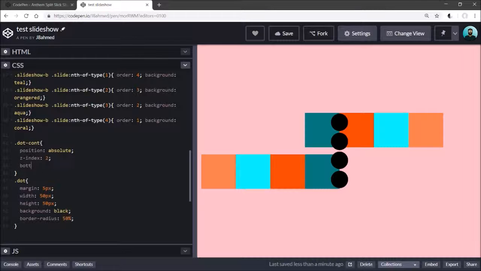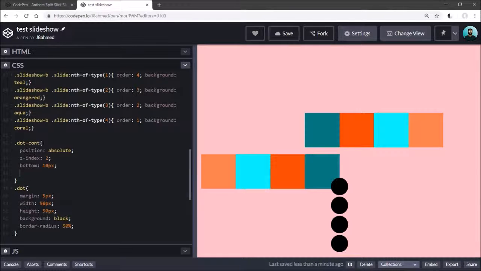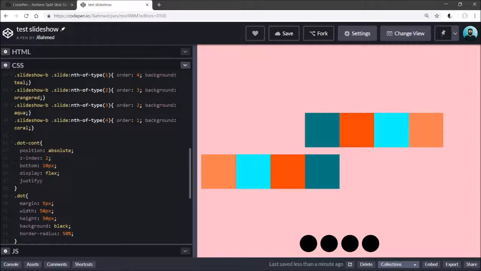The next thing is we want to position it at the bottom, 10 pixels above the bottom of its container, and we want to say display flex so that they align horizontally like that, or they follow each other. And then go ahead and say justify the content, center, and align the items. Center,